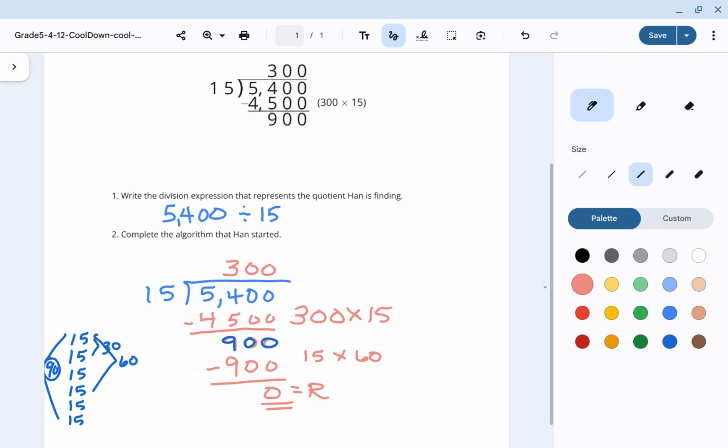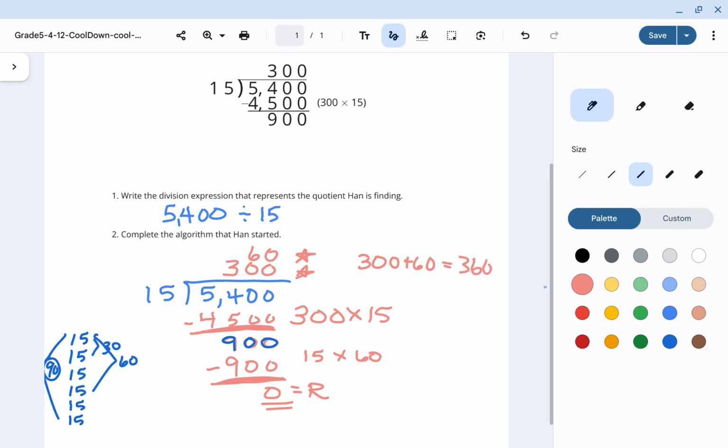Now where do we need to put this idea of this 60? That really needs to go on top here because we got one group that was a group of 300, right, when we did this subtraction. Then we got 60 when we did this subtraction here. So the question that we need to ask ourselves at this point in the algorithm is, where is our answer? Our answer lies in the 2 partial quotients that we see on top. So we now need to add. We have 300 plus 60, which equals